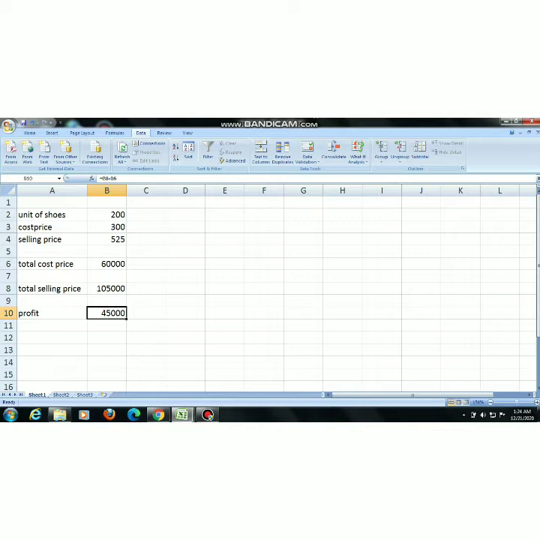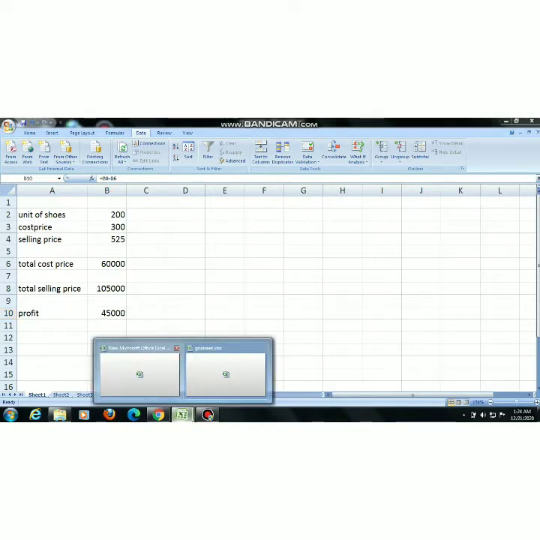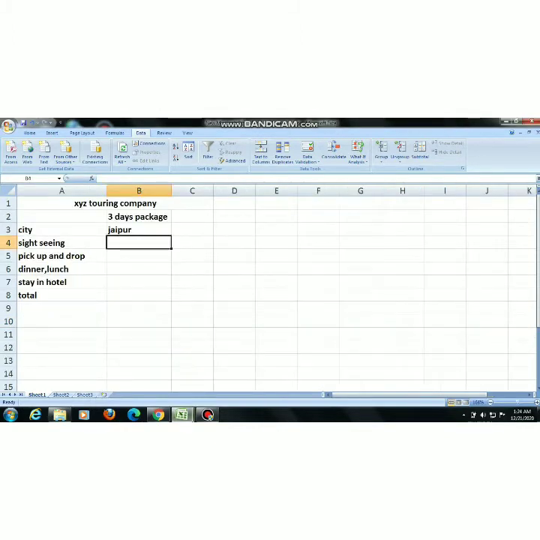Now children, we will learn about scenario. Scenario in general terms you have learned now. Scenario is basically used for comparison between different data. In English, what is scenario? It means what may happen in the future. So you are comparing between different values, and that we can do with the help of scenario. First we will learn how we can create a scenario.